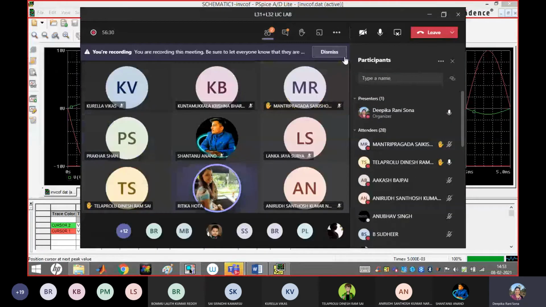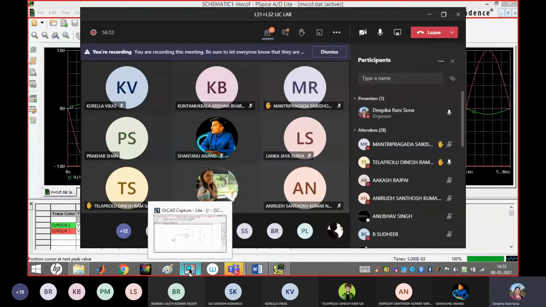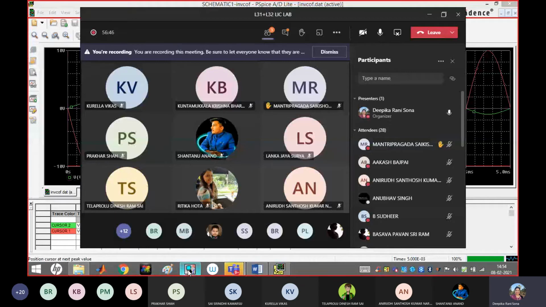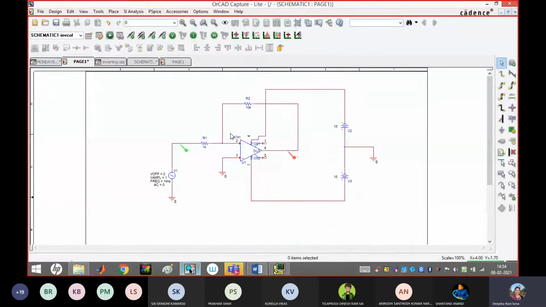Yeah, who is asking me? What is your name? Prakasha, ma'am. Okay, Prakhar. Yes, ma'am. Yeah, just have a look. Here, this option. After the run PSpice is there, no? After that, view simulation results. After that, the voltage level marker is there. That first option you have to pick.